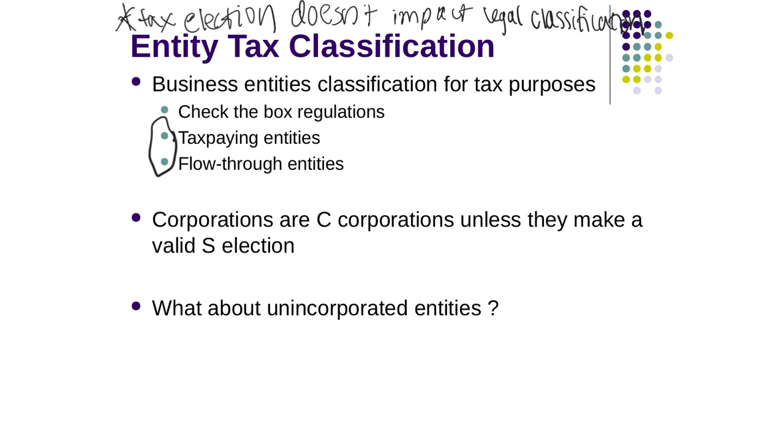The difference between those two is that a tax-paying entity actually pays the tax as its own entity. An example of a tax-paying entity is a C corporation,